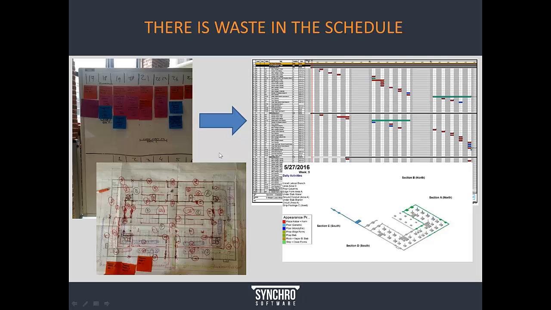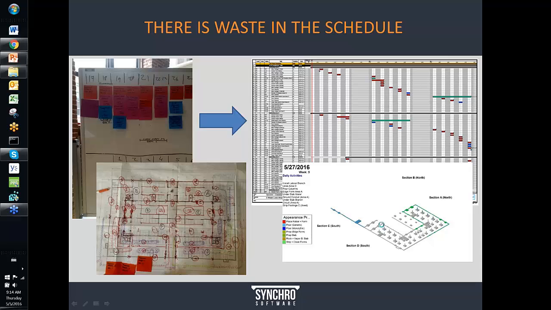What would really become even more powerful and valuable is adding 4D to this process, because by adding 4D to the process, you're able to more quickly communicate what's being discussed and be able to actually visualize it on a sequential basis based on the actual model and design of the project.